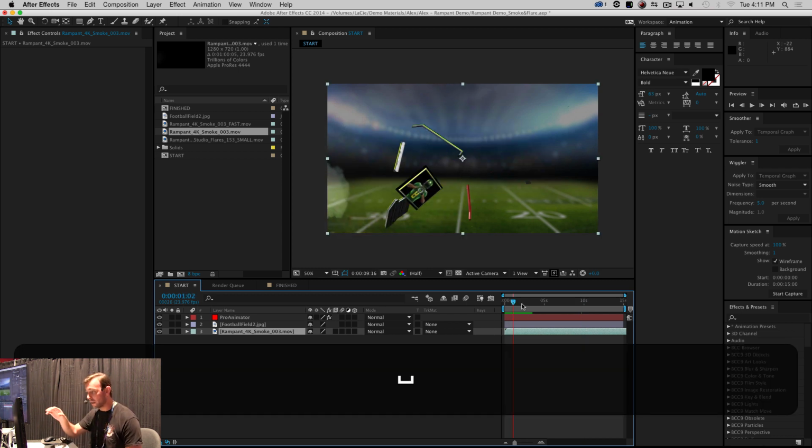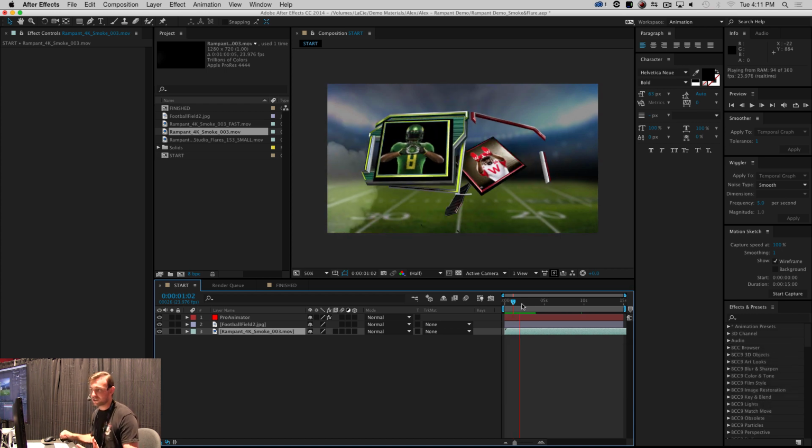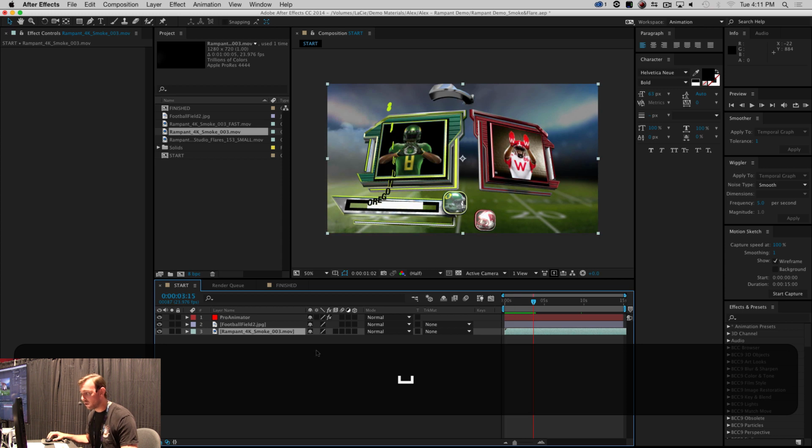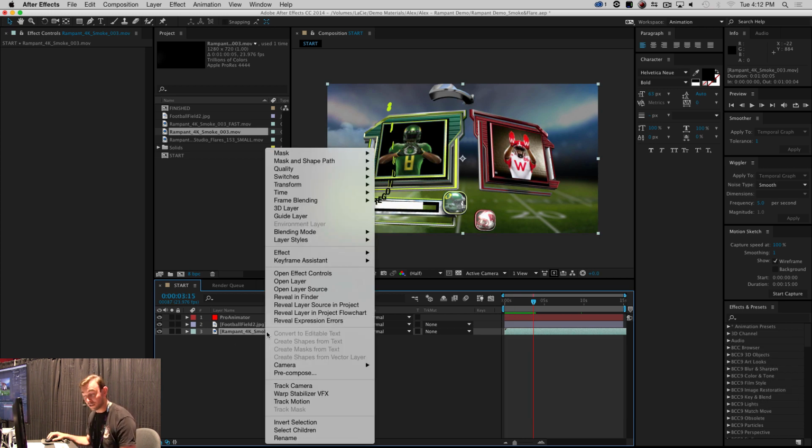So it's definitely a cool idea to have back there. But it's a little too slow for me. So what I'm going to do is speed it up. I'll do that by right-clicking on the track itself, on the layer, come up to time, and then enable time